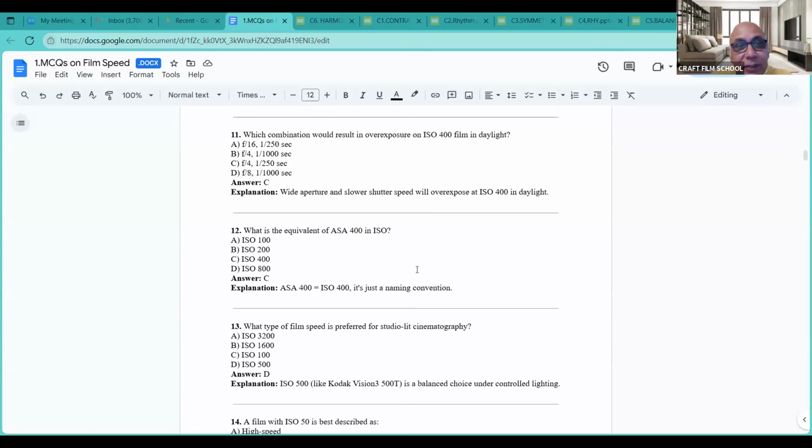F4, if I am shooting, for example, if I have cut down from f4 to a shutter speed of 1/1000, we have already considered that. Now option number C, if I have f4 and I go to 1/250th of a second, it means the exposure would remain the same. Clear to everybody? And if I go to f8 and 1/1000, again what I'm doing is, when I'm going to f8,